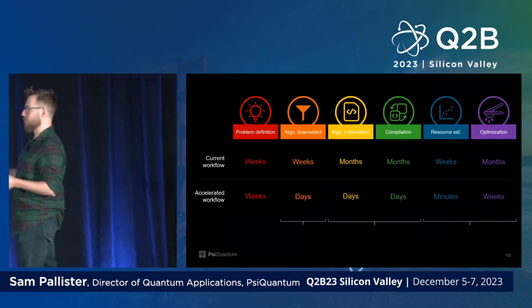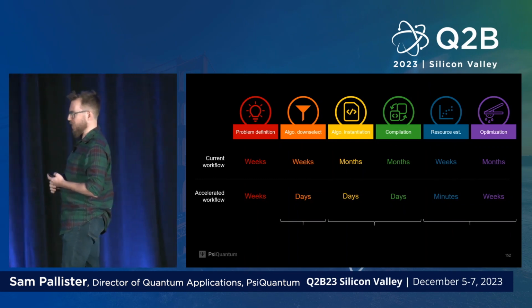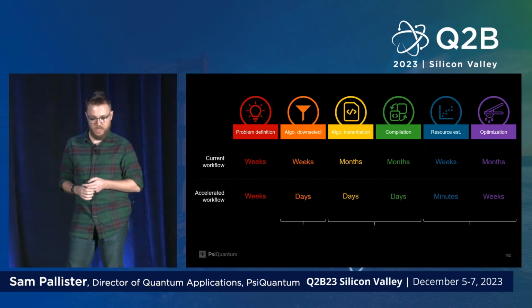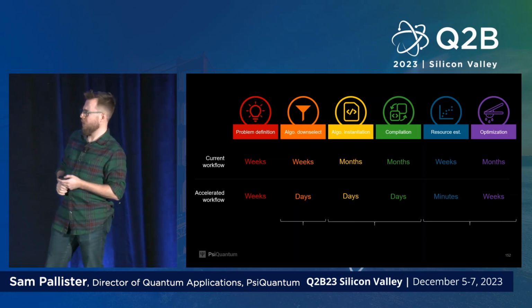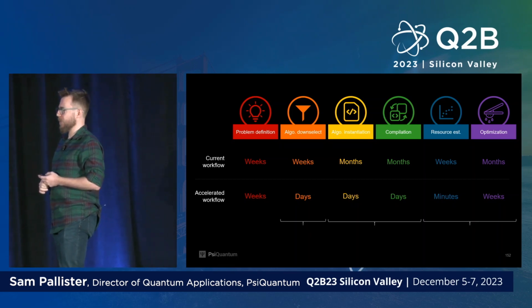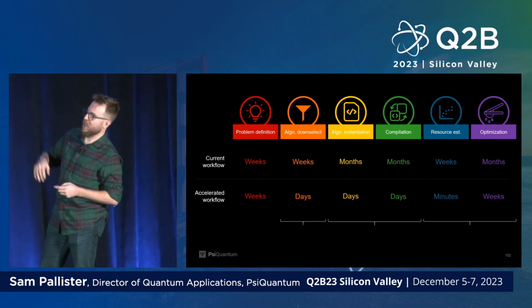Luckily, there are some solutions to these problems, and they don't necessarily predicate a PhD in quantum computing to understand. So I've highlighted 3 just with the brackets at the bottom of this slide, so let's step through them. On down-selecting algorithms,